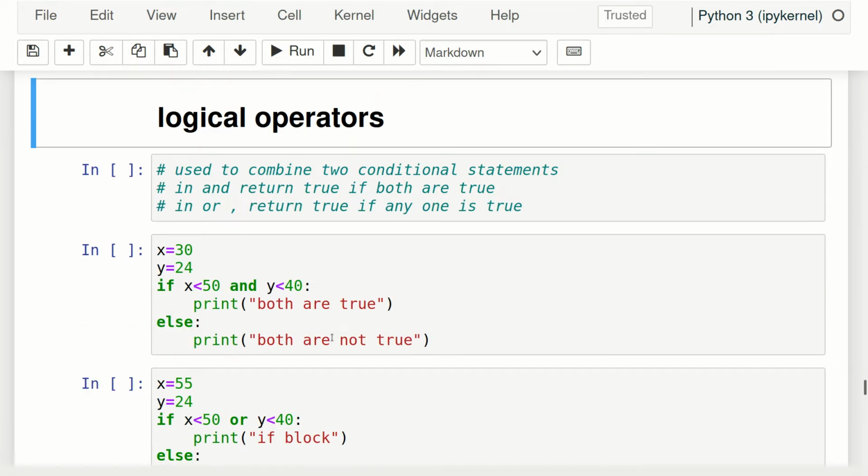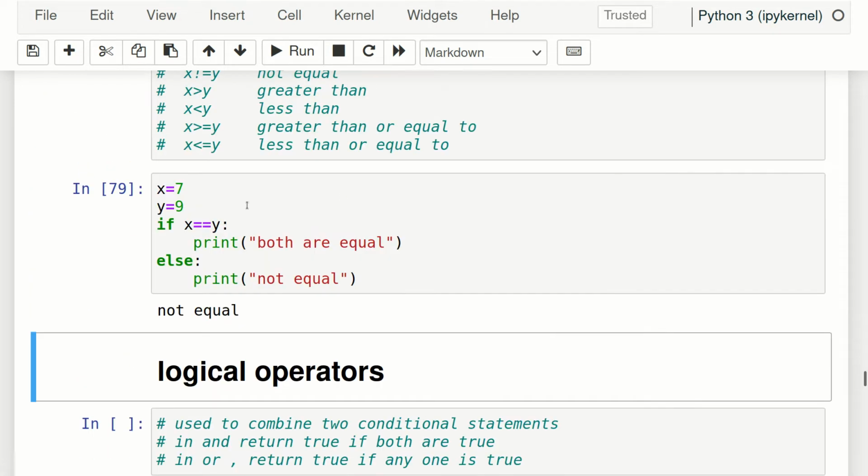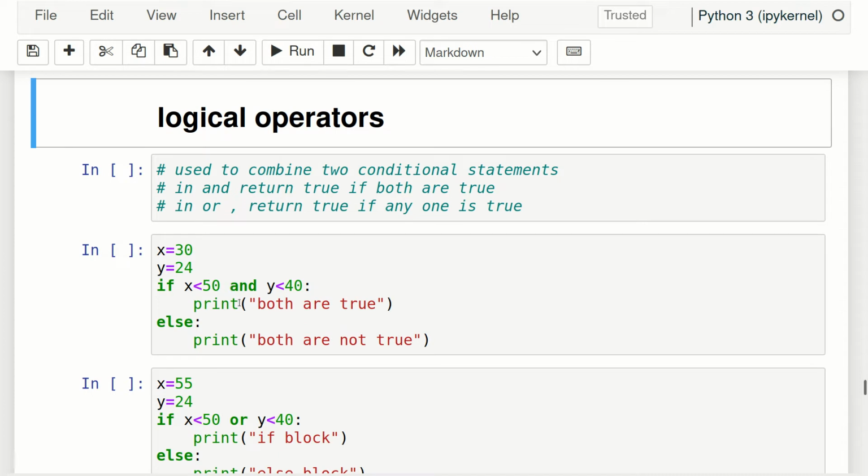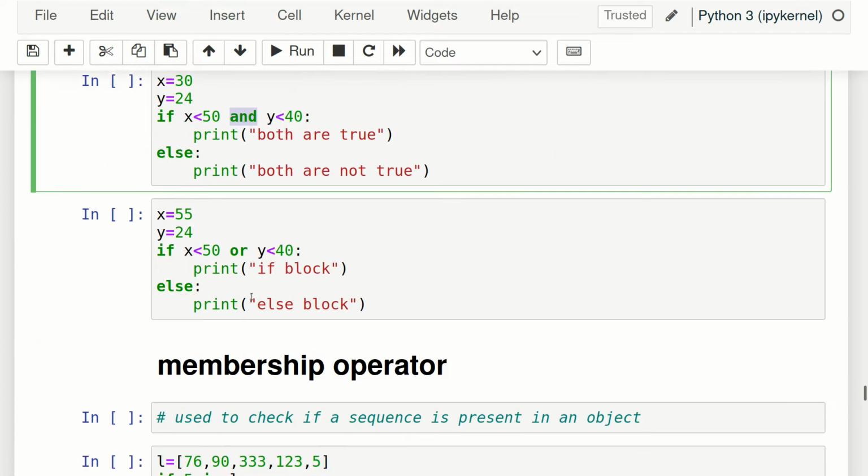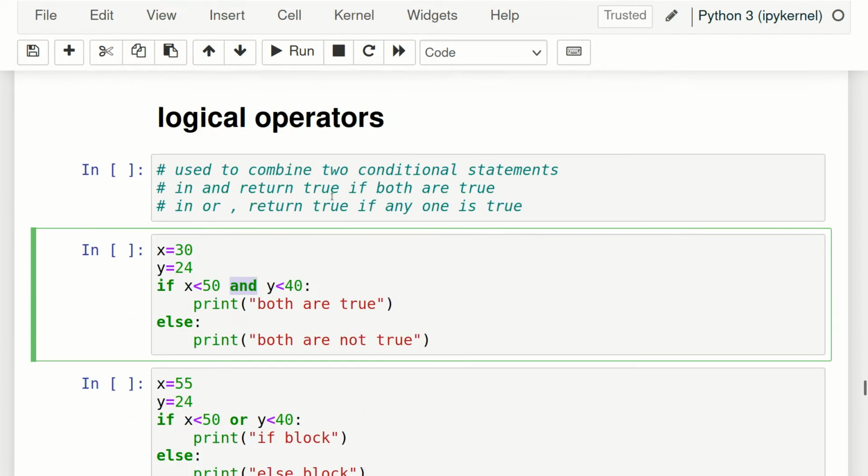Moving to the logical operators. So logical operators basically combine two statements. Initially we had one statement, but now we will be using two statements. For that we have two things, and, or. And what does this mean? And means inside if we are using two statements, and finally we will check if this is true. And is true only if both are true. If I am using and, this means if both are true, then the total will be true, and if the total is true, this will be printed, else this will be printed.